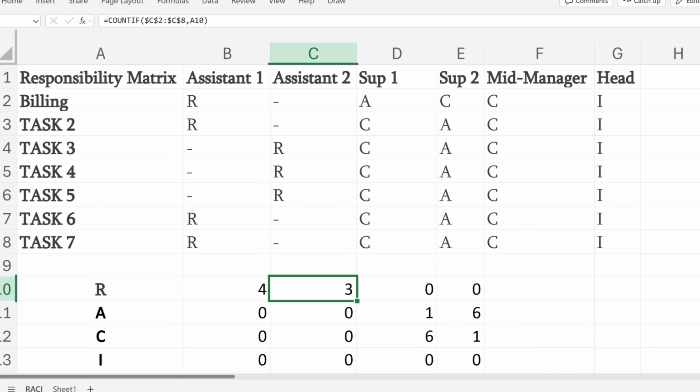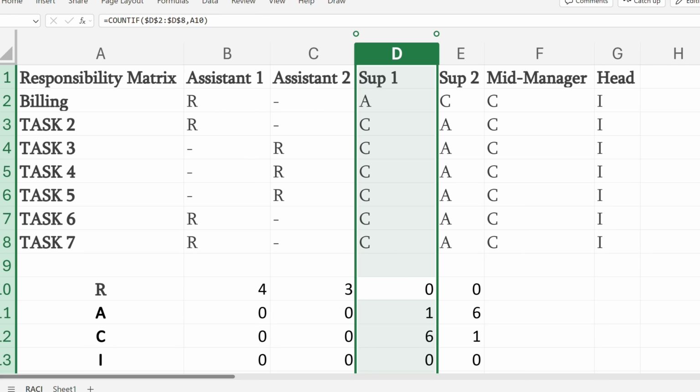If you notice that one person has too many R's sa matrix ninyo across multiple tasks, it may indicate that this person is handling a large portion of the operational workload. In a billing team, this can easily happen during peak cycles or billing cycles when multiple reports and validations are required at the same time.